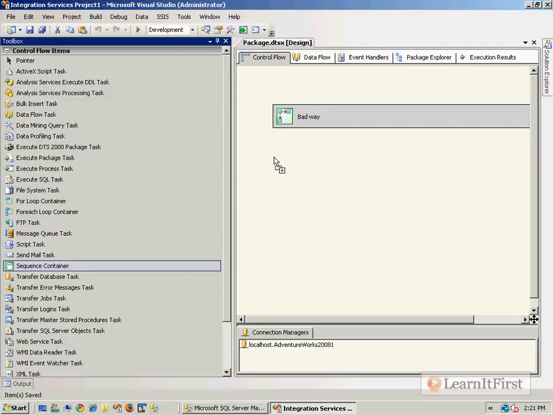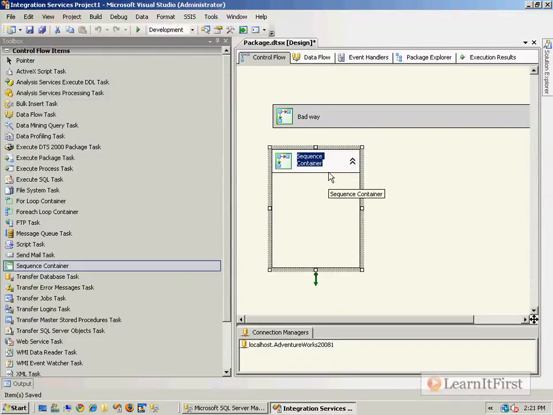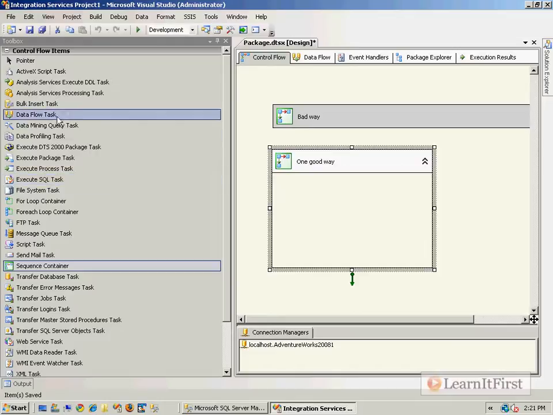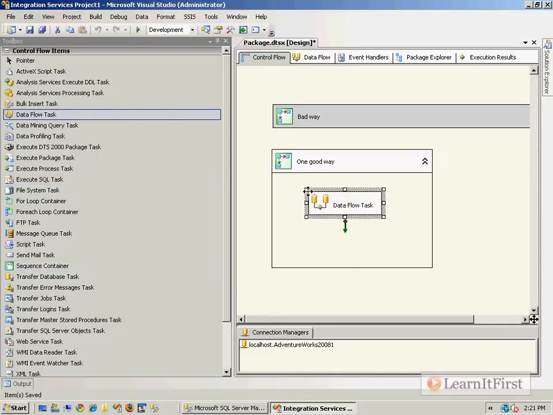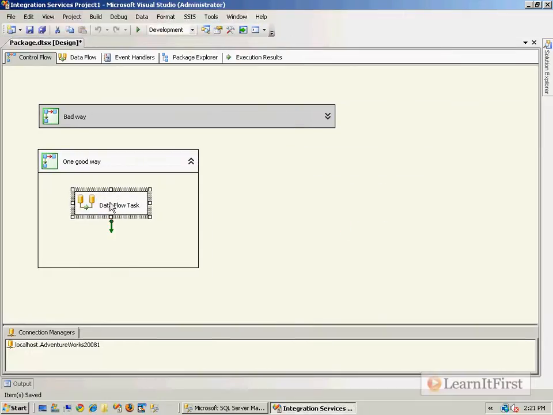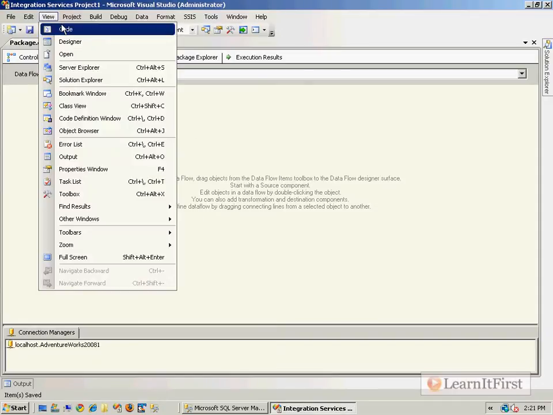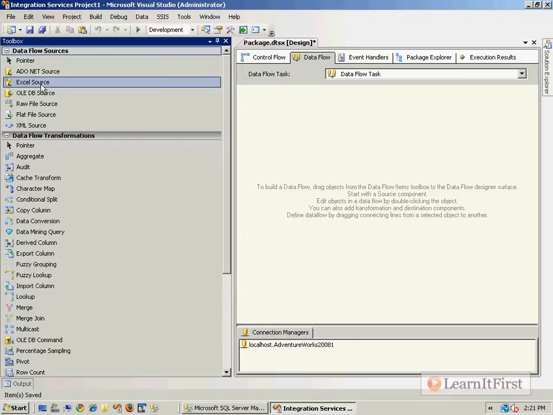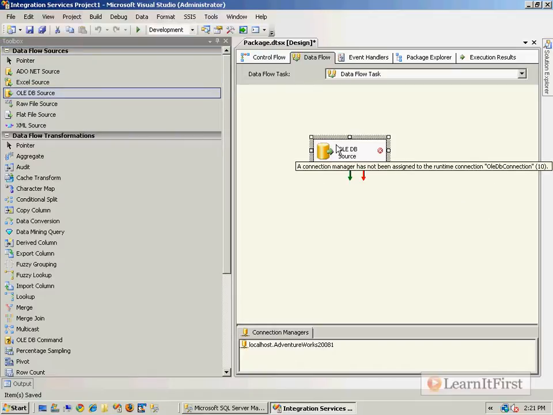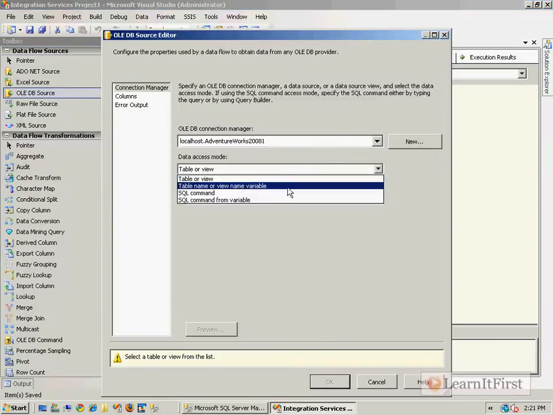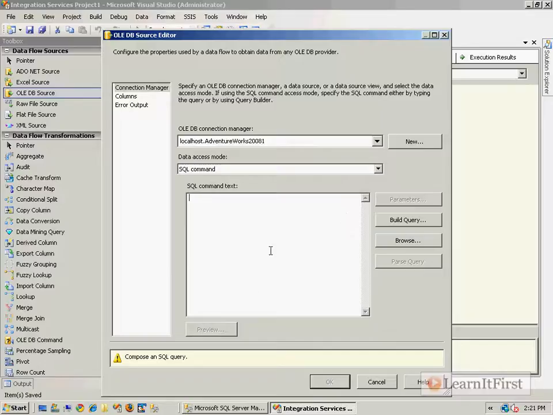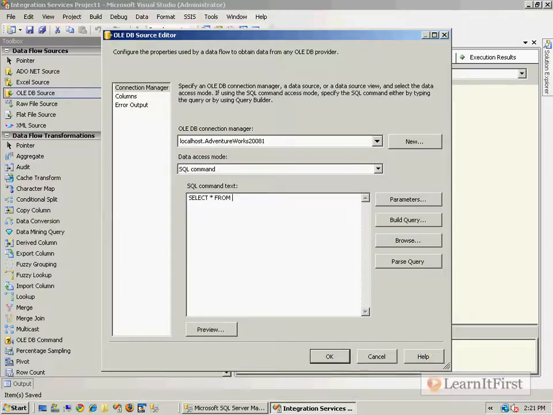And I'm going to drag another one over here and call this one good way, because there are actually multiple good ways to solve this particular problem. We're going to do this one with a single data flow task. And our data flow task is going to have a single source. And watch what our source is this time. Our source is everything